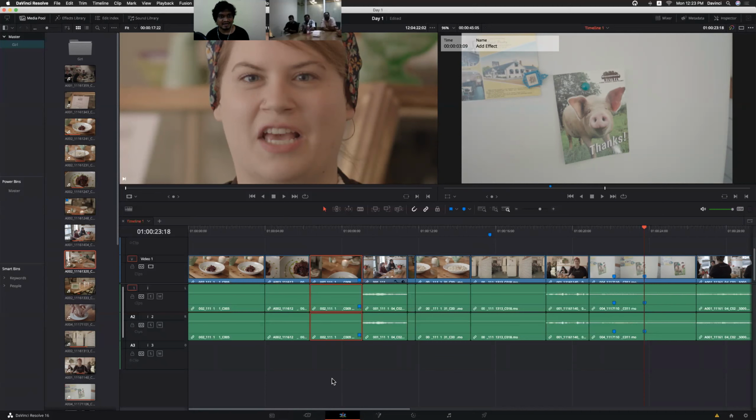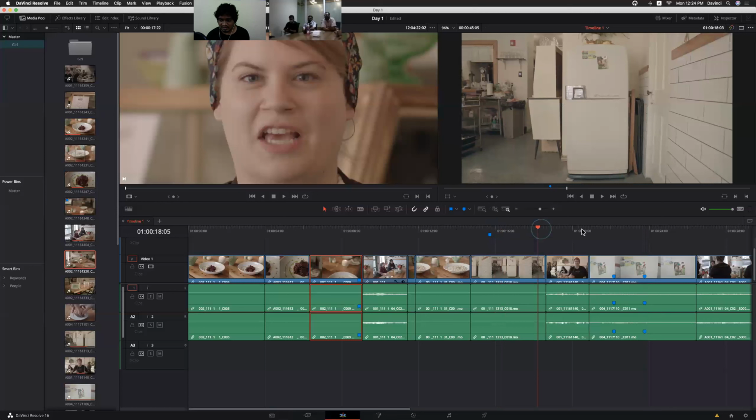The importing, marking, subclip, timeline options, and everything. It's the same thing. There is nothing new in the entire thing, maybe some few options. Other than that, everything is the same. And this is the basic concept of DaVinci.